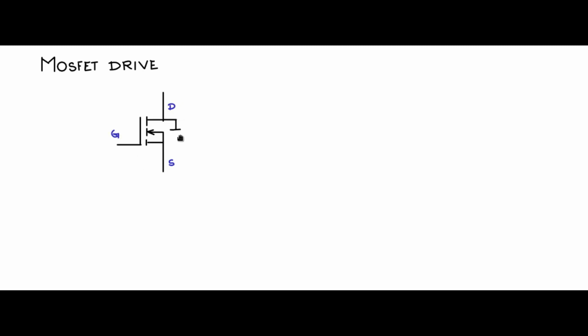There is a natural internal body diode. The arrow here points to the N channel inversion layer that will get formed. So this is an N channel MOSFET. The MOSFET is a high input impedance device, meaning it takes a very low gate current, unlike the case of the BJT. So the gate power requirement for the MOSFET is very low.